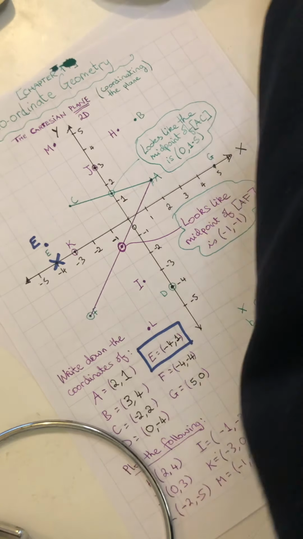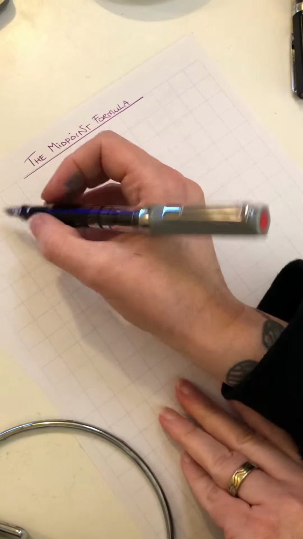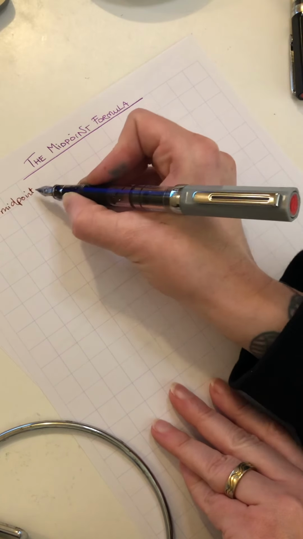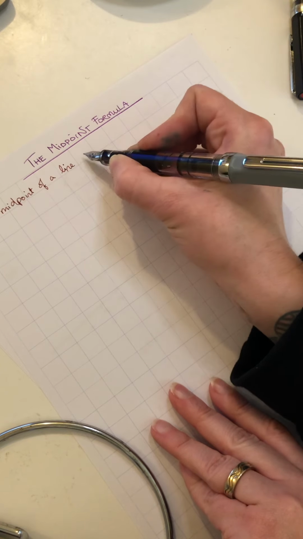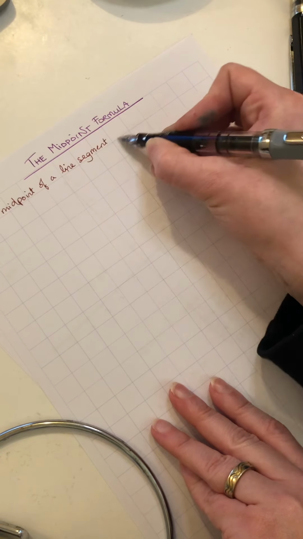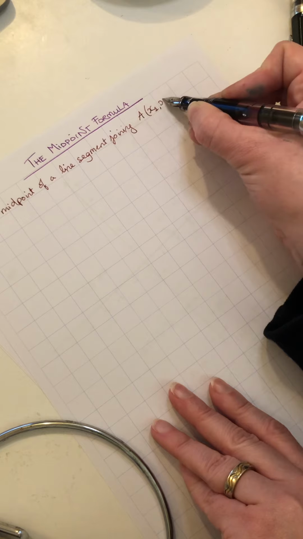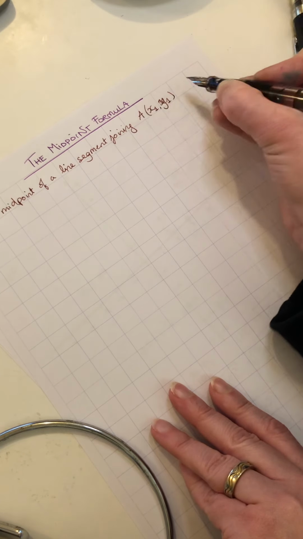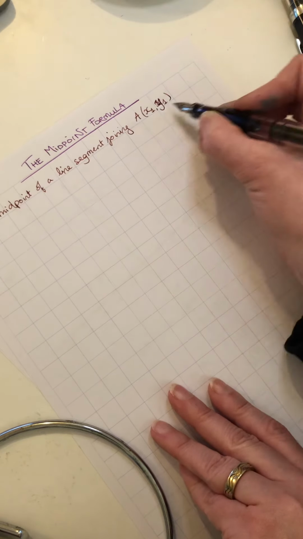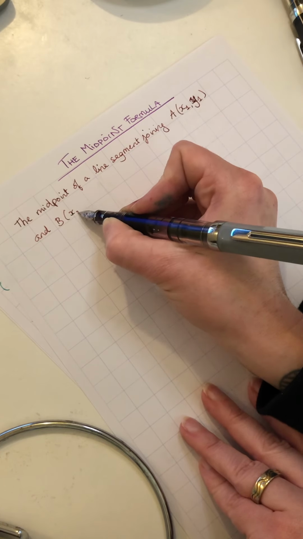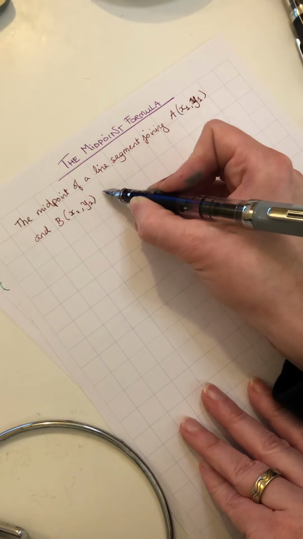So what we have is a formula. The midpoint formula says that the midpoint, the halfway point, of a line segment joining the point A, which is x1, y1, and B, x2, y2, is given by,